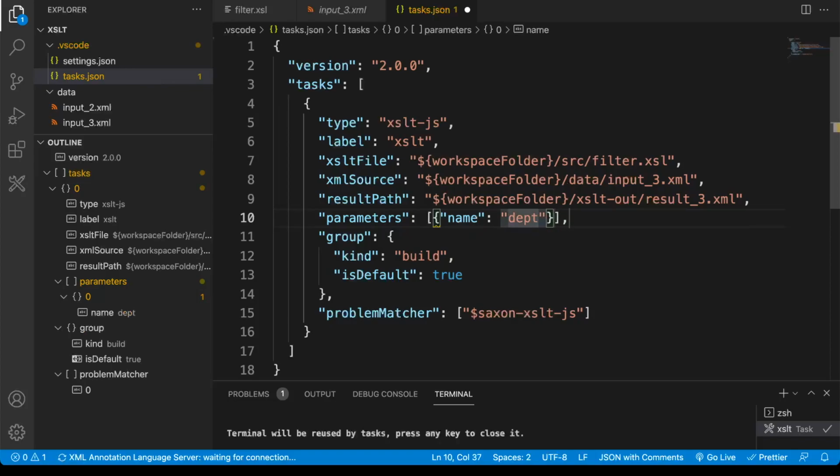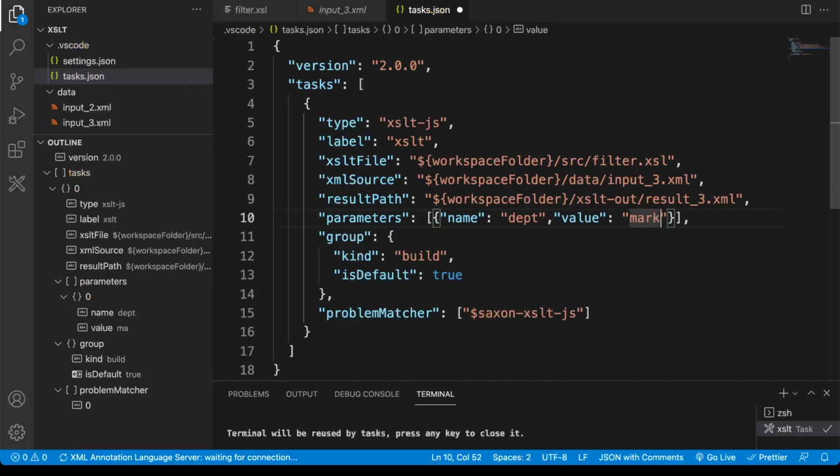I am putting DPT, that stands for department, and then value, and that will be marketing,